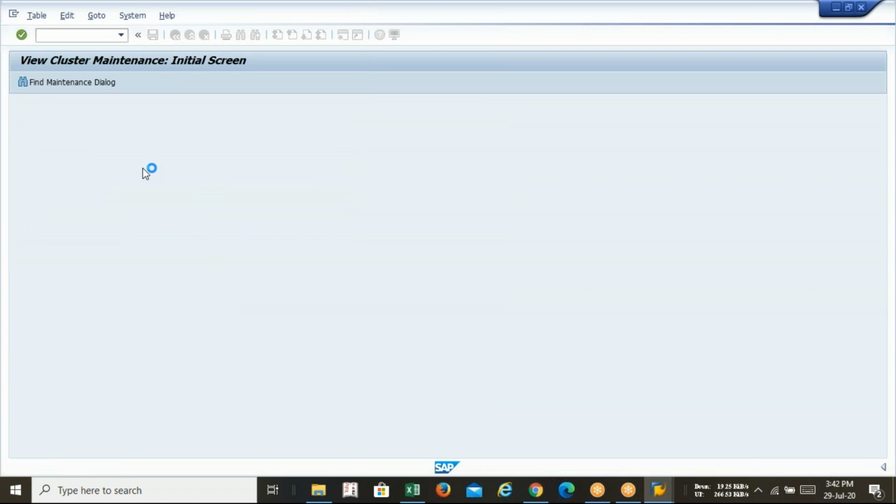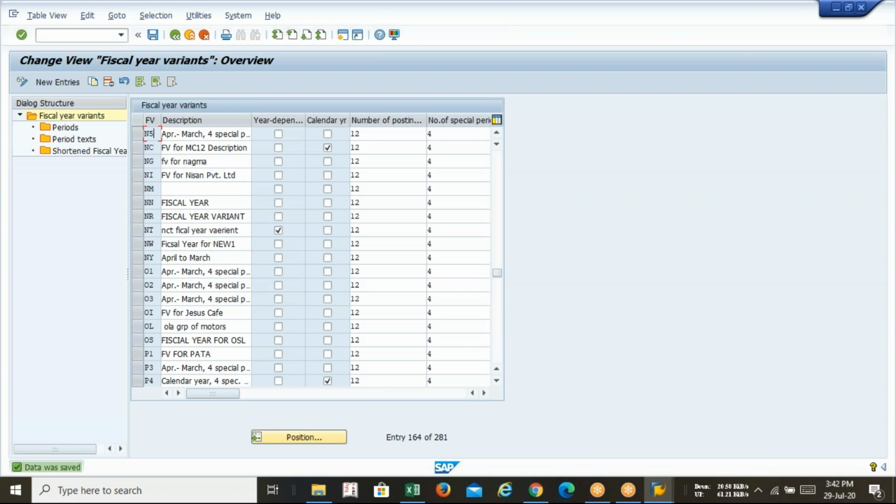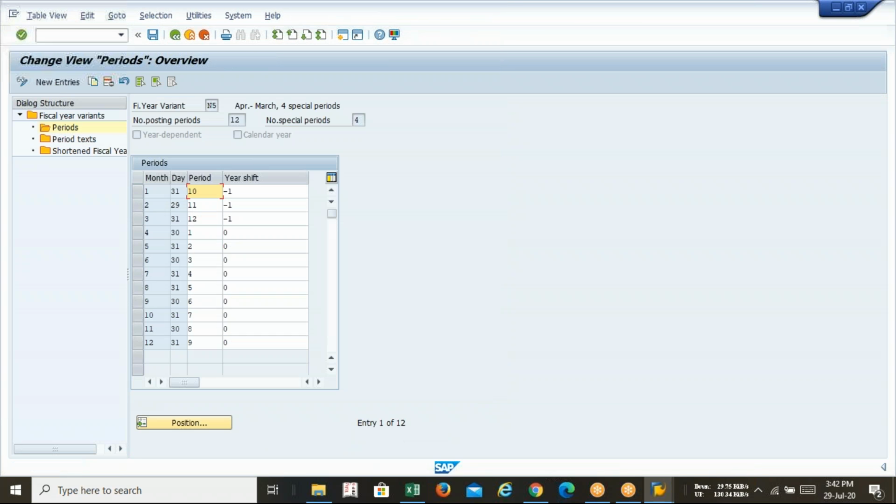So madam, this is your new fiscal year variant. Now you have to assign it with your company code. Okay, N5, this one. If you want to check what the difference is, that is the main difference in this server. So next time, whenever you create one on your own, follow this pattern. You can see the gap is 1, from -1 to 0, the gap is 1, and we have selected 0 plus 1, that is also a gap of 1, but in this server this pattern will be accepted for April to March, so we must follow it.